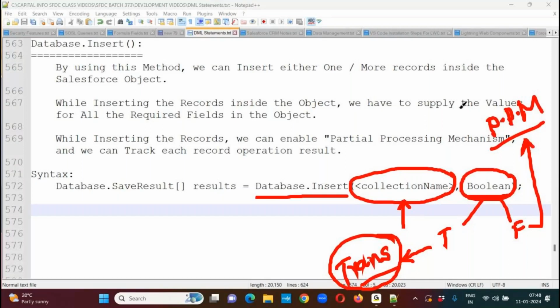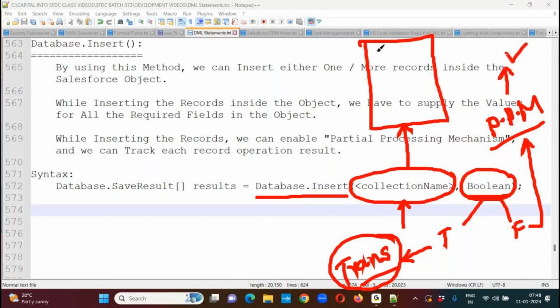Now, you can raise a question, sir. Suppose, for example, in my collection I have placed 5 records, and I'm enabling the partial processing mechanism here. While processing, the first record is processed, the second is processed, the third is processed, the fourth has failed, and the fifth is also processed successfully. Out of these 5 records, how many are processed successfully? How many have failed? How can we track that result? In order to track it, we use the help of a class called